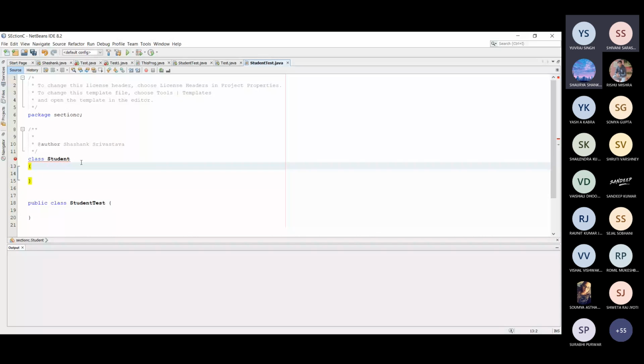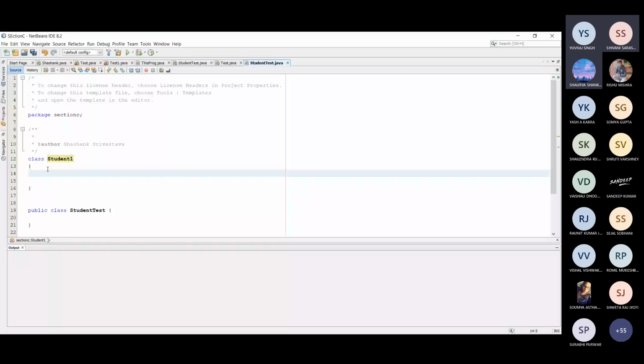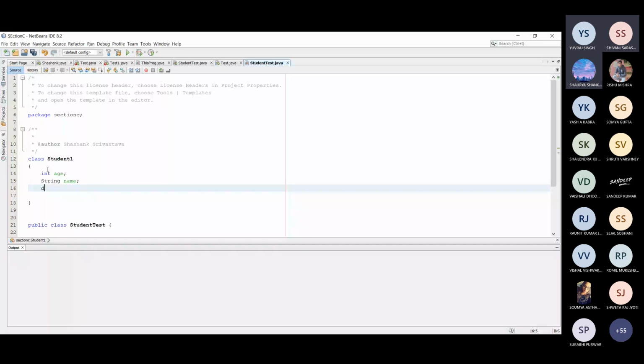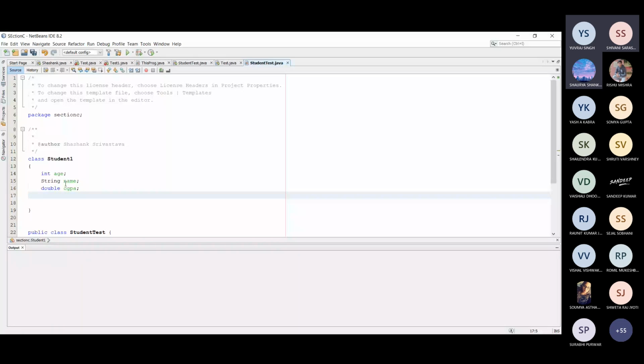Duplicate class. I think I have already written a student class. I have already declared the student class. So in order to distinguish it, I just write Student1. Okay, because वो पहले से लिखी जा चुकी होगी इस पैकेज में, जो हमने पैकेज बनाए थे. So I write a Student1 class. Suppose there are 2 or 3 parameters: integer age, string name, and suppose the third parameter is double CGPA. So these 3 are the properties of Student1.